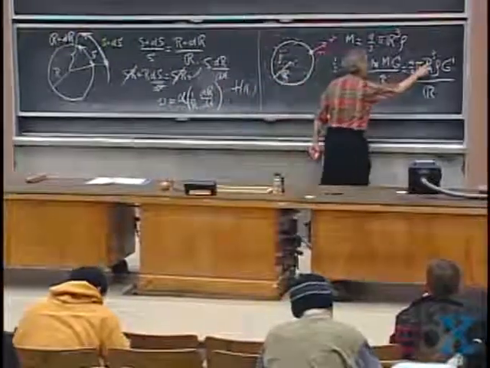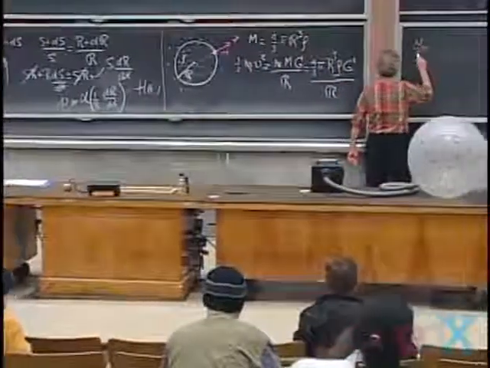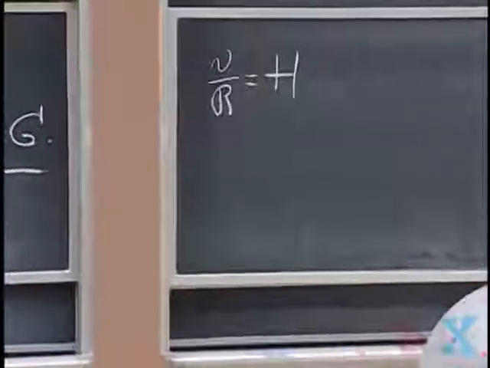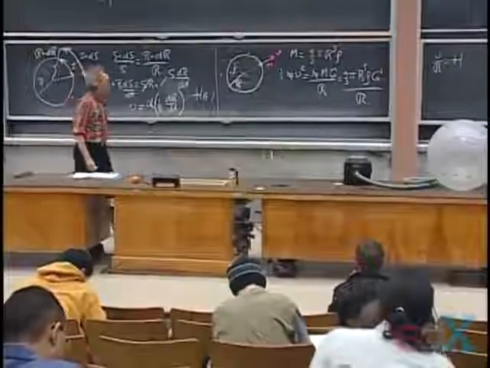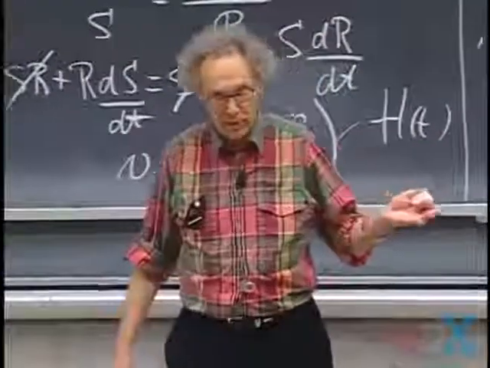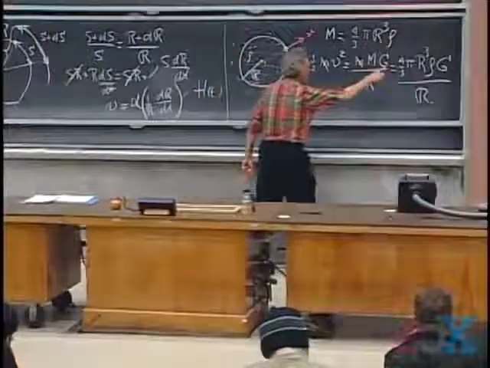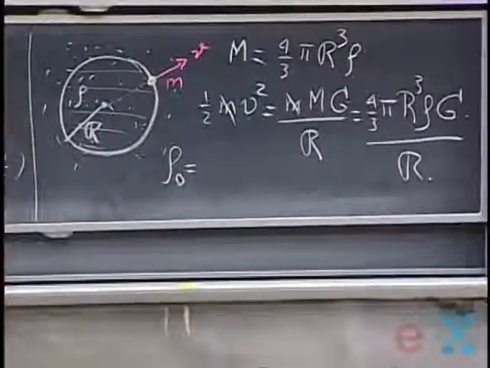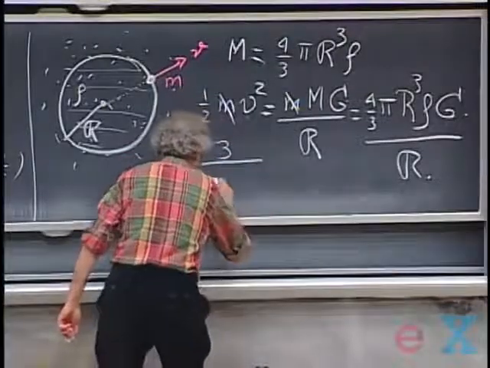And so if I have an r squared here and I have a v squared here, remember that v divided by r, that is Hubble's constant, because r is d, the distance between us and the galaxy. And so v squared divided by r squared is the Hubble constant as we measure it today, squared. And so you'll find from this simple result that rho, as it should be today, that's why I put a little zero there, is 3 divided by 8 pi